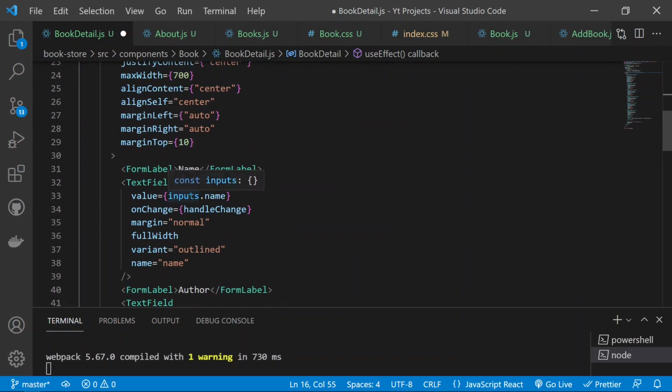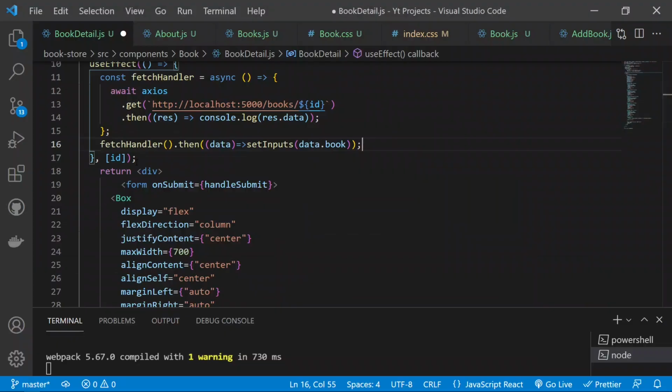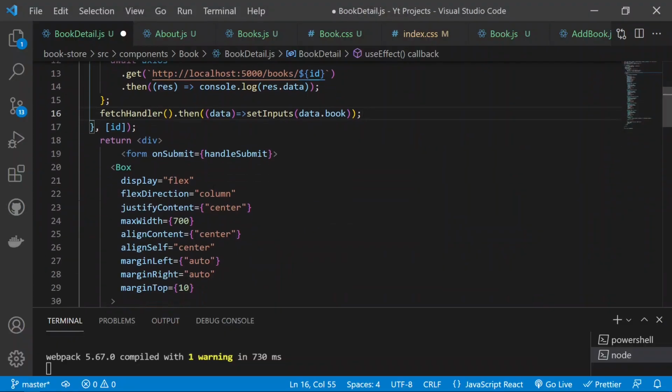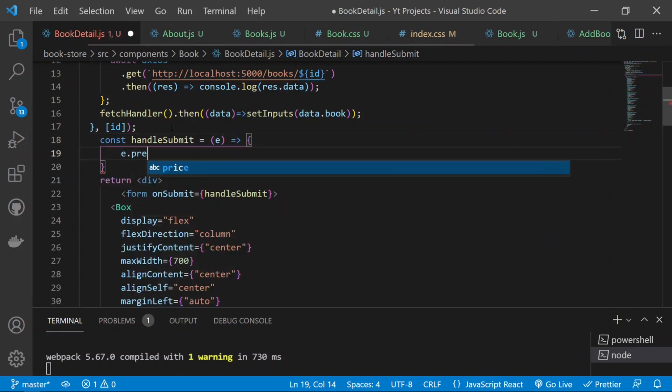we have the inputs here, and the inputs for dot name will be there after the useEffect call, and this will be run after every id change, and then we need to get this handleSubmit function. const handleSubmit will be equal to a function. This will get an event, and first we have to call event.preventDefault, and then